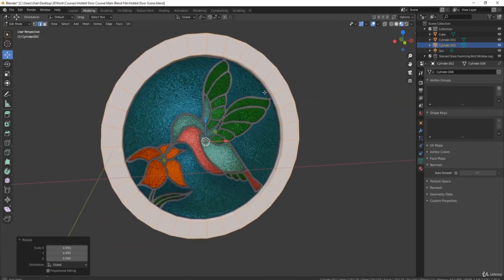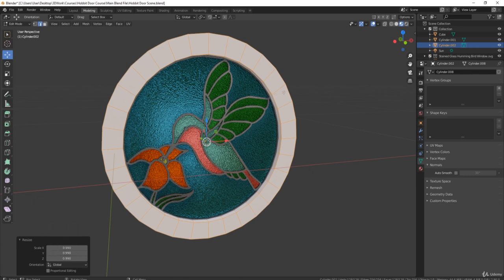So what we're going to do in the next lesson is finish off this. We're going to mark the seams and sharps and things like that and actually get the wood onto this